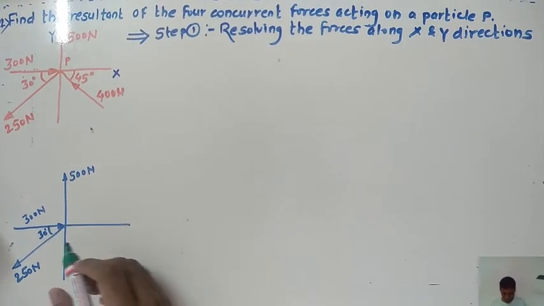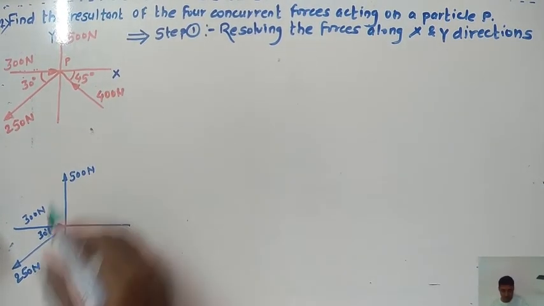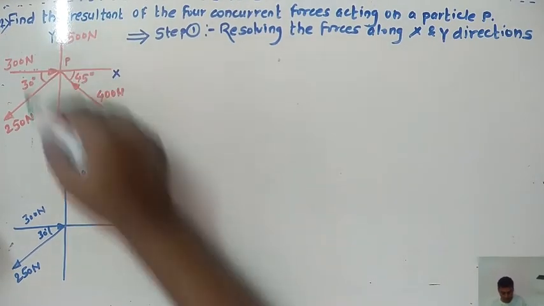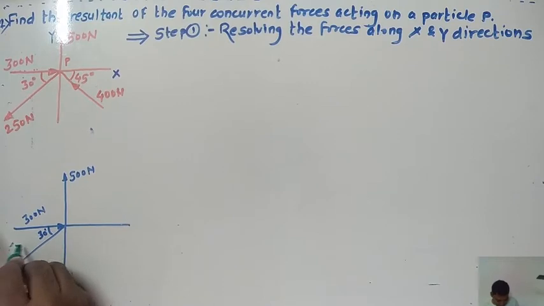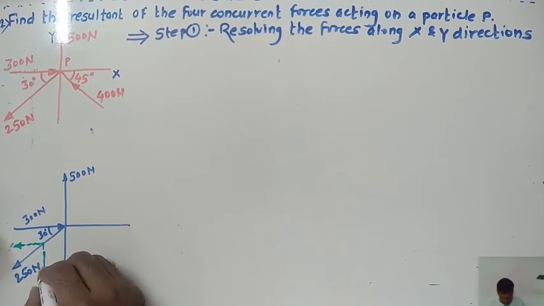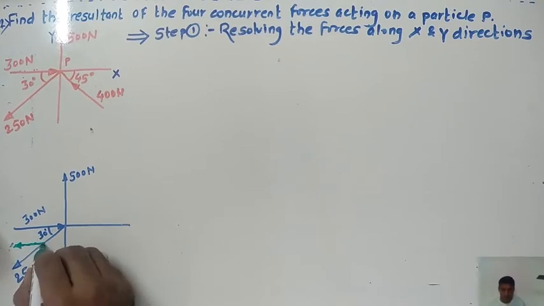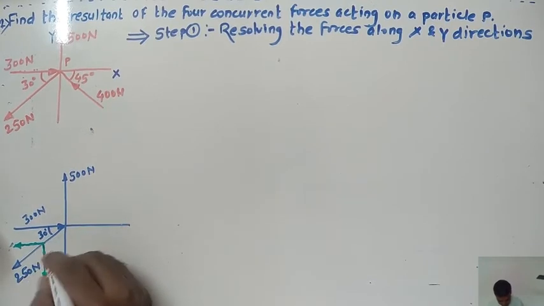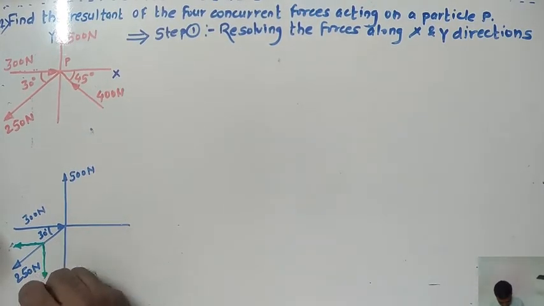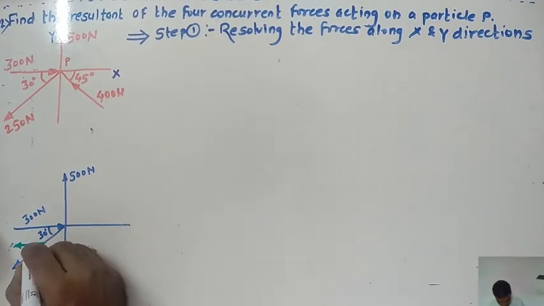Now focus on this 250 Newton force. The forces 500 Newton and 300 Newton are already in the vertical and horizontal directions respectively. So you need to resolve this 250 Newton force along the horizontal direction as well as along the vertical direction like this. We'll just resolve this component. Okay, this can be shown here with the help of green color. I'm just using colors here to identify the different forces. Okay, so in actual practice it is not necessary to show everything in different colors. So here the 30 degree angle is given, the same angle will come here.